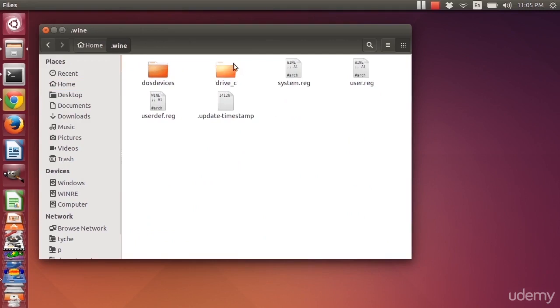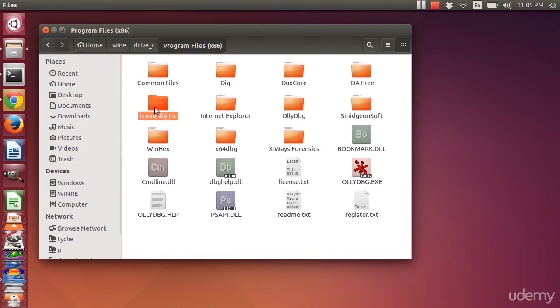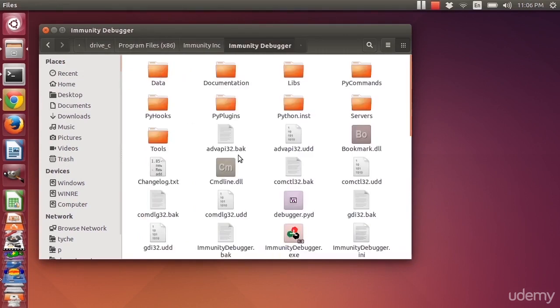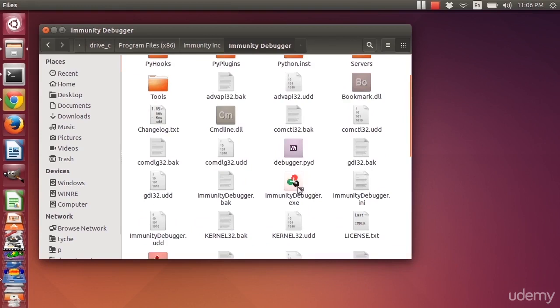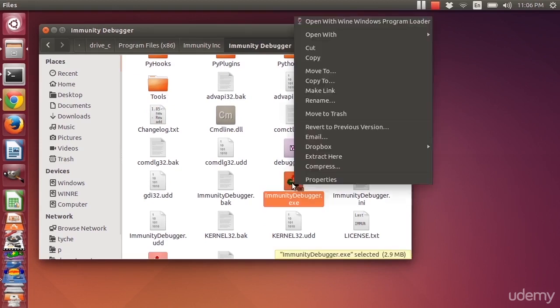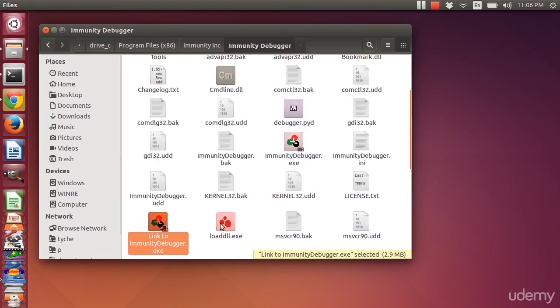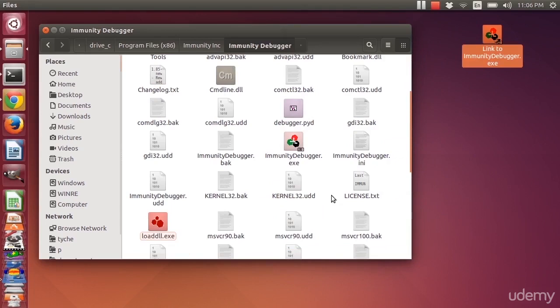double click, and then I go to Drive C, and then to Program Files x86, and then to Immunity Inc., Immunity Debugger, and you'll see the Immunity Debugger exe file. I can simply click on this in order to run it, but I might want a shortcut out on my desktop. So how do I create that shortcut? Right-click on it, say Make a Link. Now I have this link in that same folder. I just drag it out on my desktop. Simple as that. If I want to run Immunity, all I need to do is double-click, and it will run